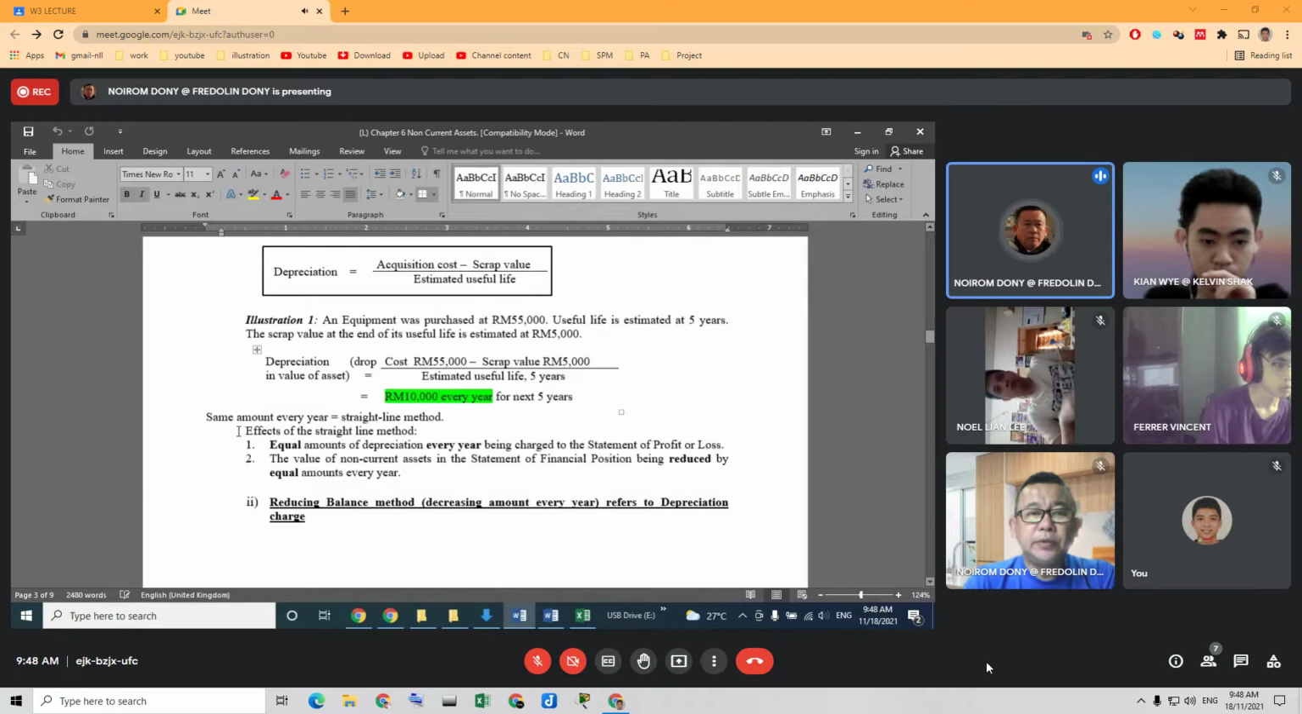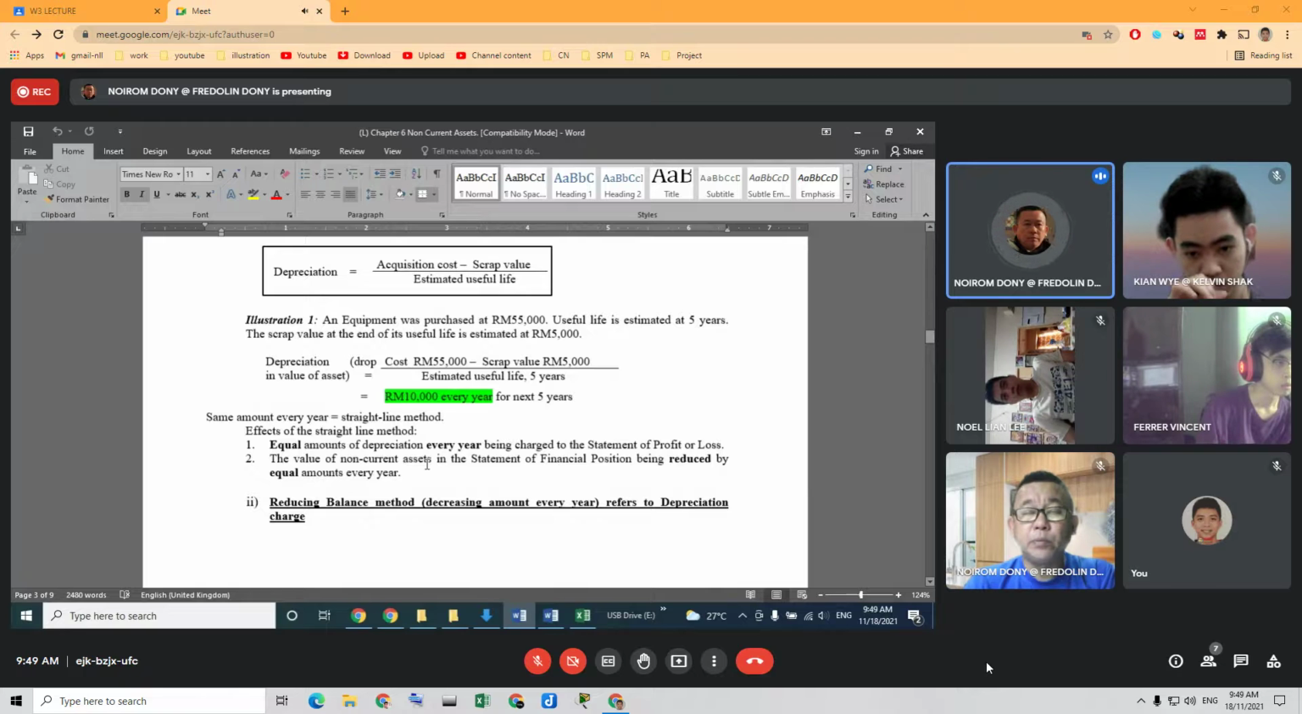Now, same amount every year. So straight line method. Effect of the straight line method, this is the effect. There are two effects. Equal amount of depreciation every year being charged to the statement of profit or loss. Every year in SPL, it will be the same amount, depreciation expense. And then the second effect is the value of the non-current asset in the statement of financial position will be reduced by an equal amount every year